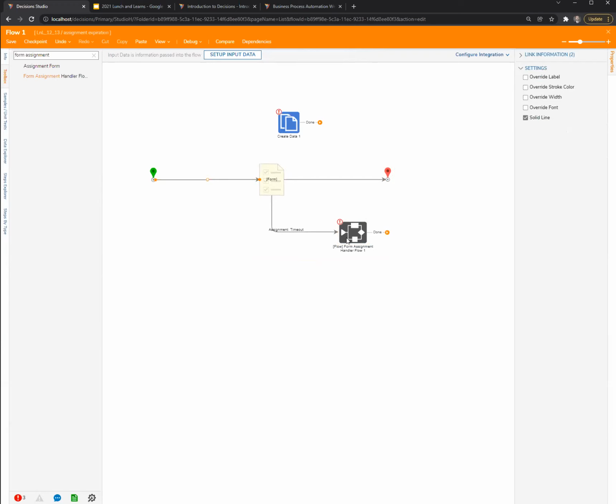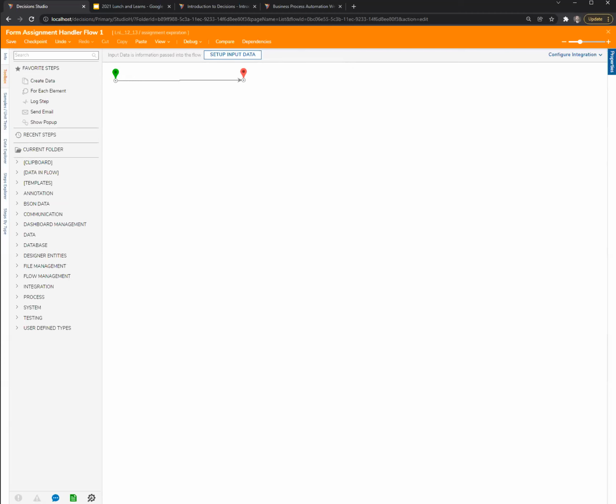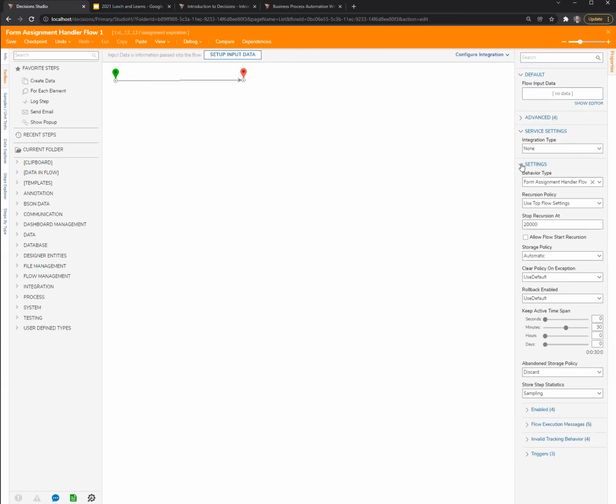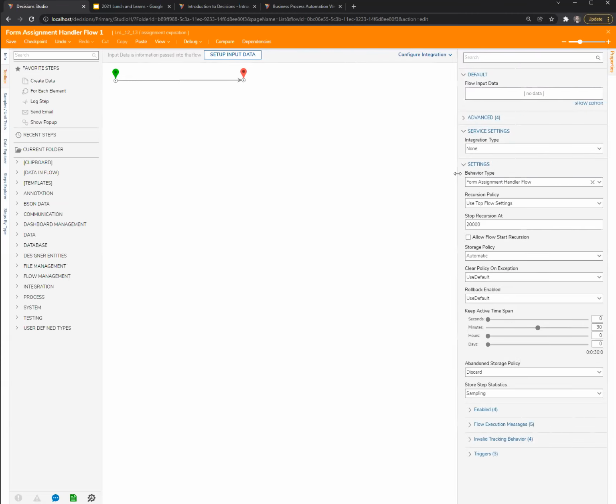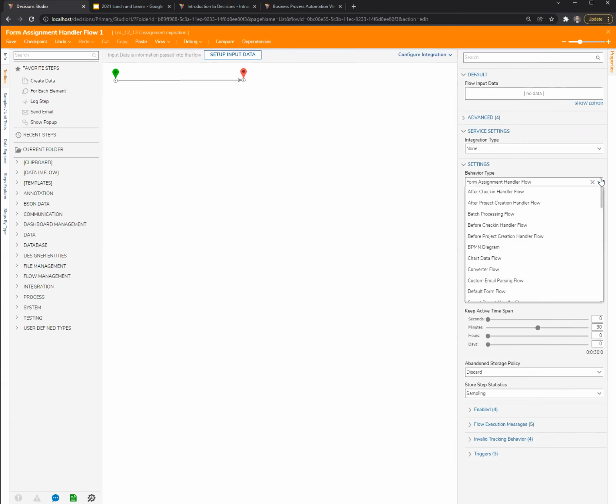So you need to create a regular subflow. Are you just trying to send an email alert of some sort? Well, it's doing that, yeah. So it's sending emails, but it's also sending the direction of the path. So I have an escalate to MDM and I have a timeout, which is termination, and it terminates the flow. So what I think you need to do is in your subflow, change behavior type from form assignment handler to default